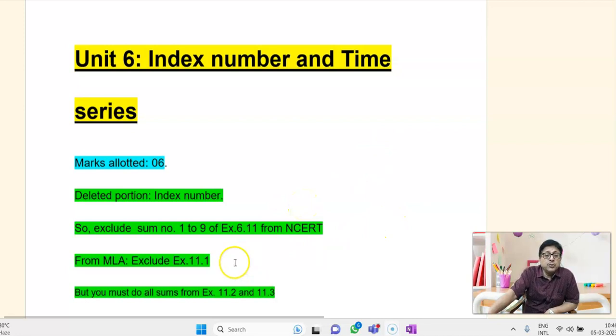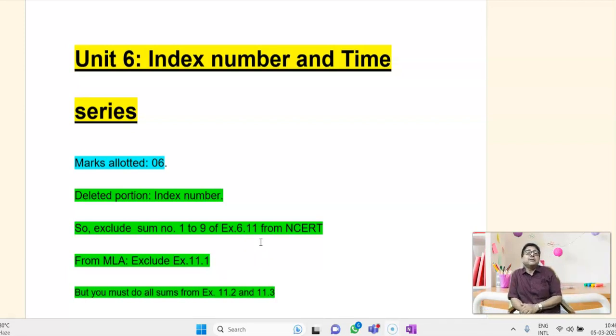Okay. So from ML Agarwal you are excluding this portion, but you will be doing 11.2 and 11.3, as many sums as you decide. I will not tell you to do these specific sums. Alright. Now